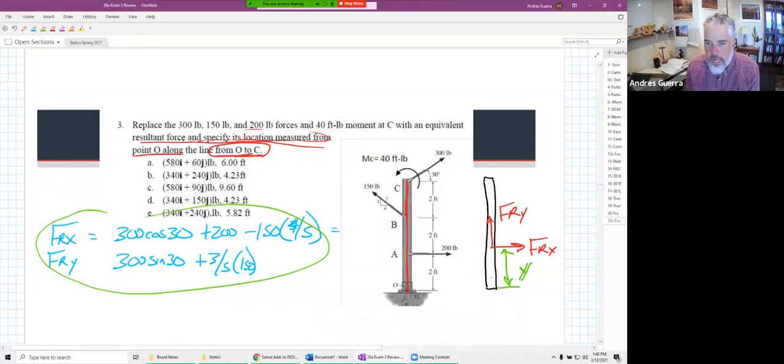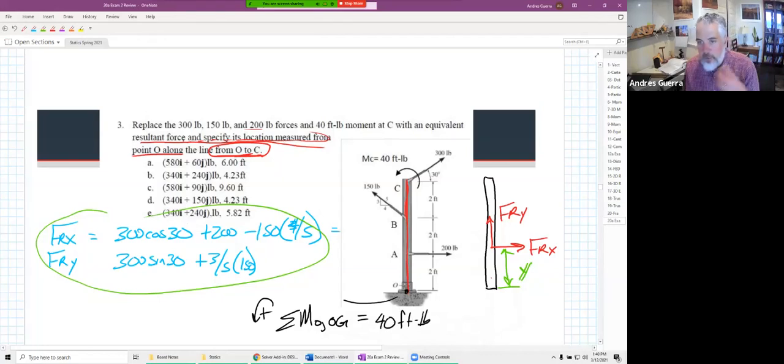We do it the same way we did before, where we're going to take the moment about O, because they're asking us to measure things from point O, and we're going to figure out what are all these forces and this moment up here. What moment are we going to have about point O in our original system? Well, it's going to be relative to our positive sign convention. It's going to be 40 foot-pounds. That's just a couple moment, so it either adds or subtracts depending on what direction it's going. And then we'll have the